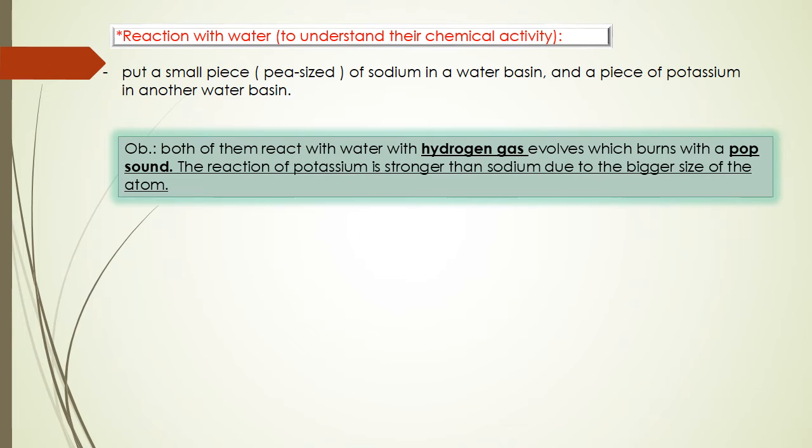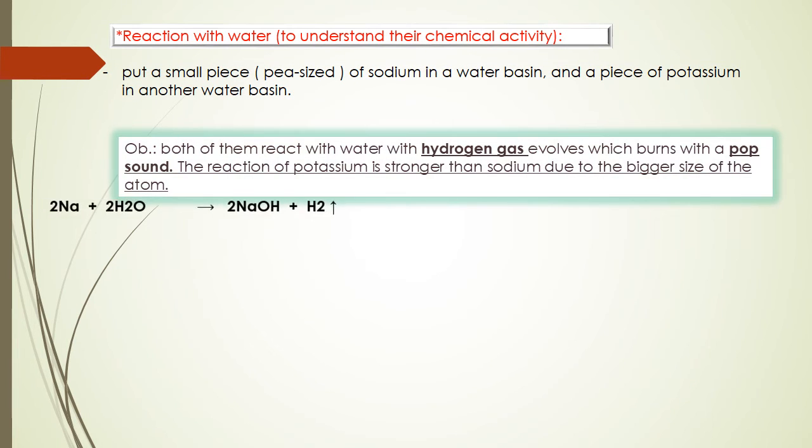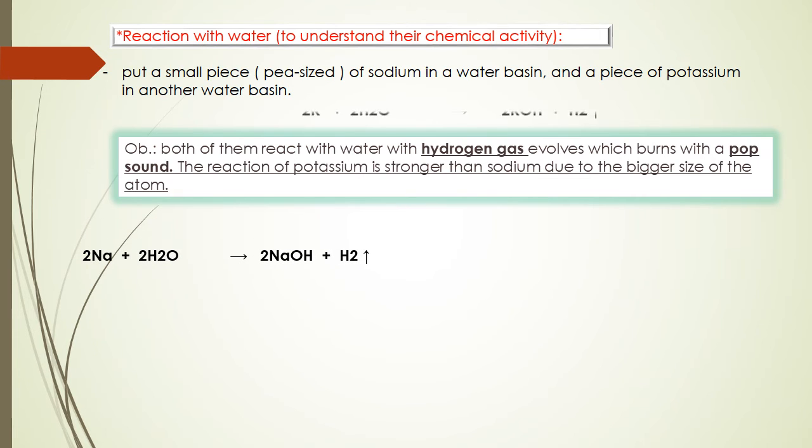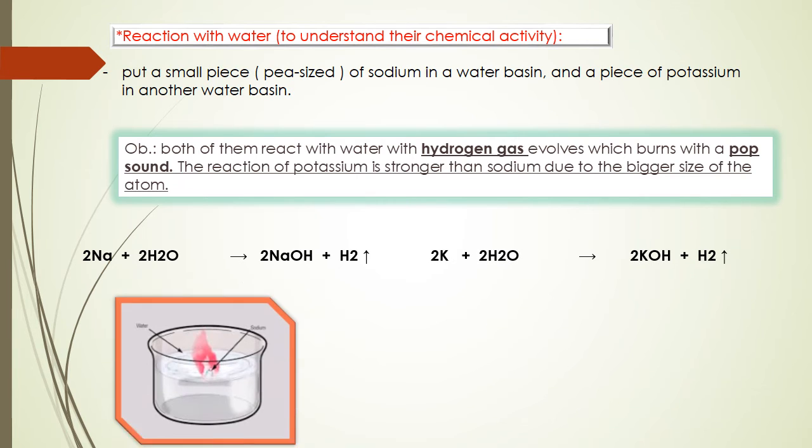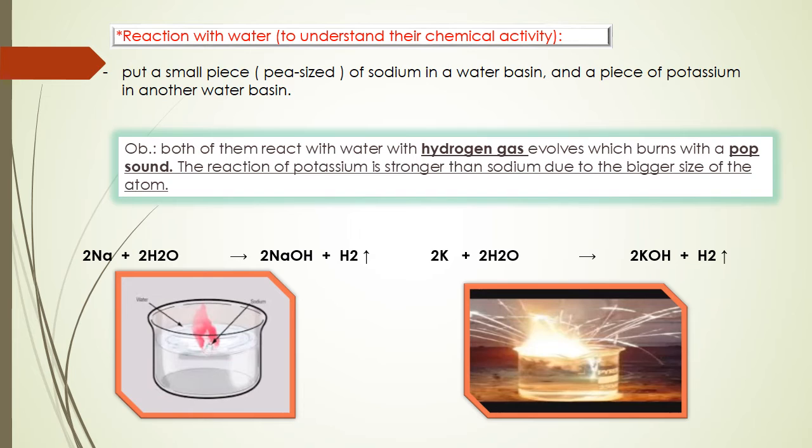And when the atomic size increases, the atomic volume increases, the metallic property increases, and the chemical activity increases. So when we put 2Na plus 2H2O it gives sodium hydroxide, and when we put potassium in the water it gives potassium hydroxide, and the chemical reaction of potassium is stronger than the chemical reaction of sodium. So we can talk about